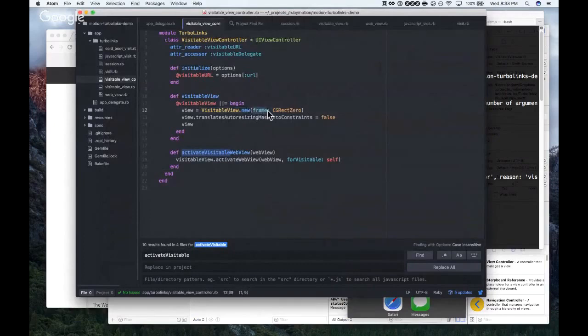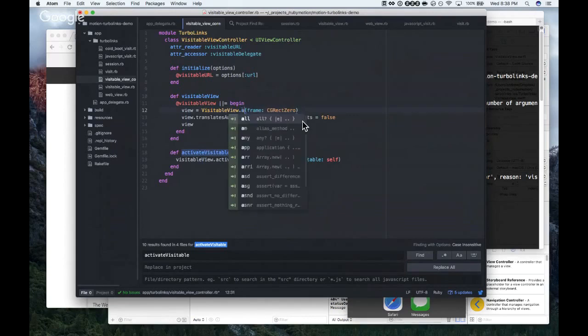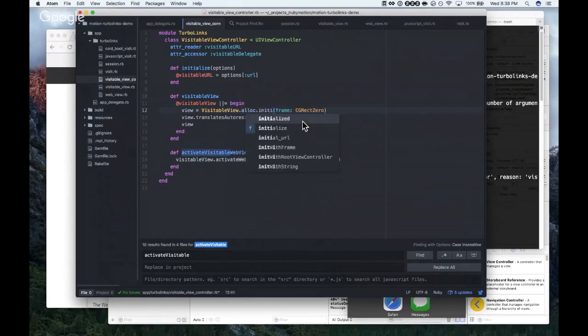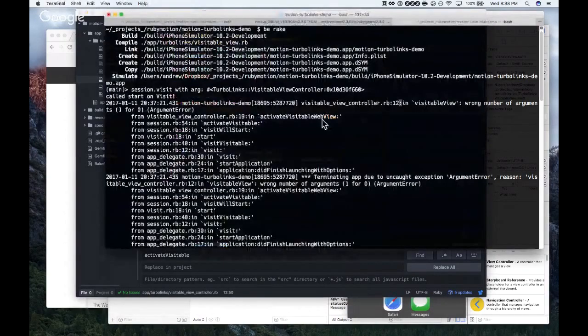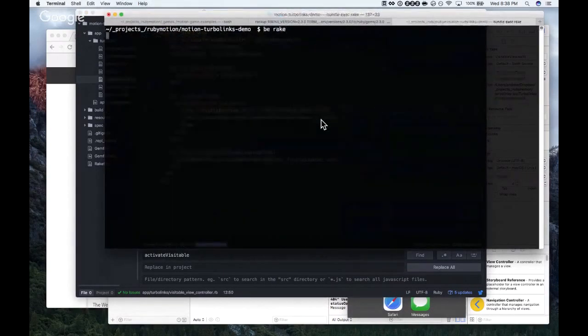So I think the frame here is the problem. We need to call alloc init with frame. Ah, okay. Once again, I think that's a Swift to Objective-C thing.